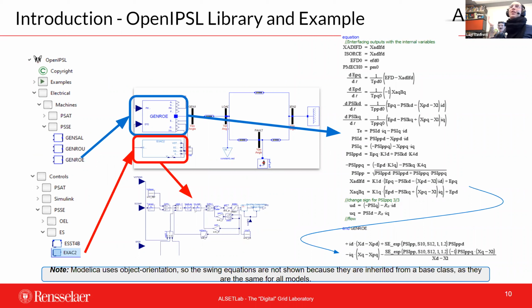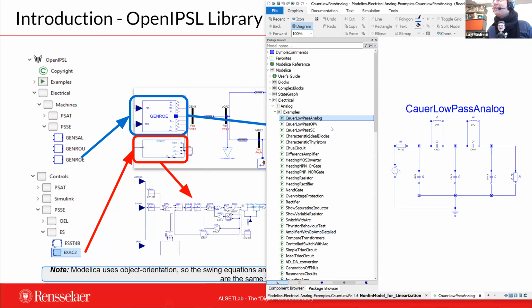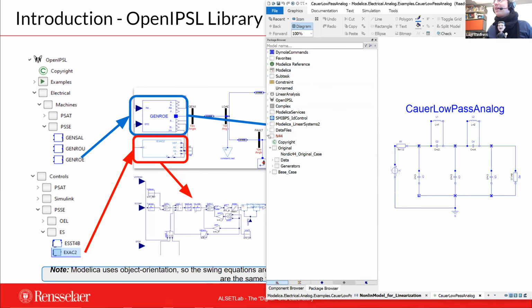So if you're ever familiar with PSSE models, you will recognize the famous GENROE or GENROU or GENSAL. And if you look inside of my model, you can see the equations that we had to re-implement from scratch, looking at the PSSE documentation and all papers from the 1970s. Okay, so you can type the equations directly, or you can use a block diagram. Inside of the block diagram, each of these components at the end has the equations that you can see. And since we're doing this remotely, it's very easy to grab my machine and go and show you an example really as quickly as I can, right?